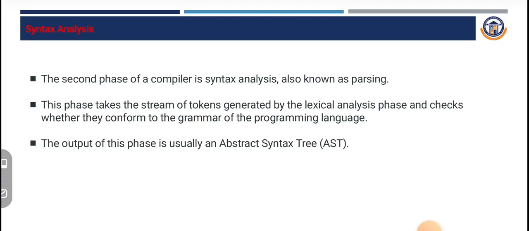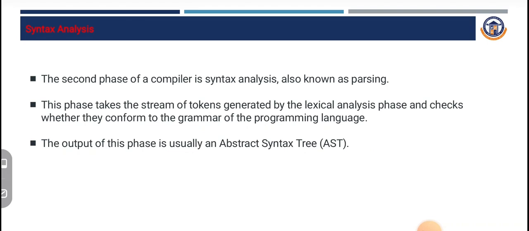This phase takes the stream of tokens. The input is the token, because the lexical analysis generates the token output, and that token output is given as input to the second phase of the compiler. It takes the stream of tokens generated by the lexical phase and checks whether they conform to the grammar of the programming language. So this syntax analysis, based on the tokens, generates the tree based on the context free grammar,